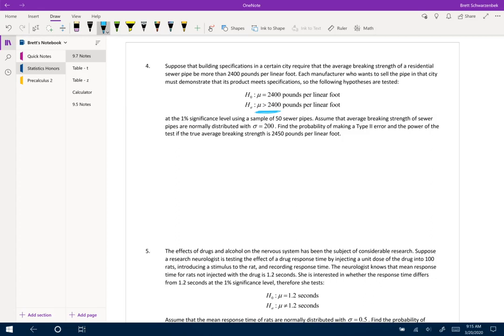and a sample of 50 sewer pipes. Okay, it says assume the breaking strength of the sewer pipes are normally distributed with sigma equal to 200. Our goal is to find the type 2 error probability and the power if the alternative mean is 2450. Okay, so just as a reminder, now we need to find the x bar critical value,